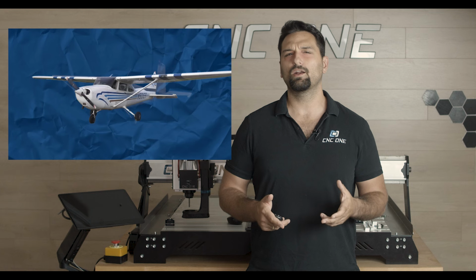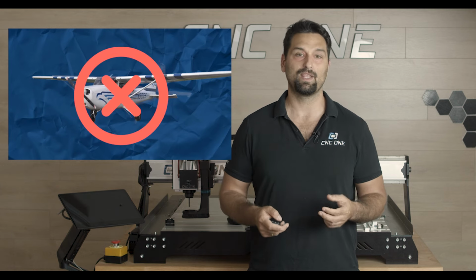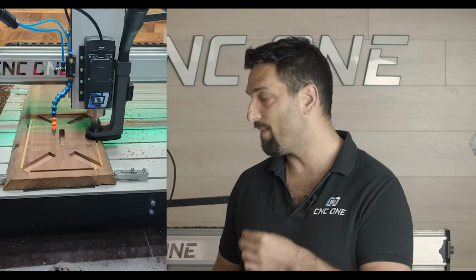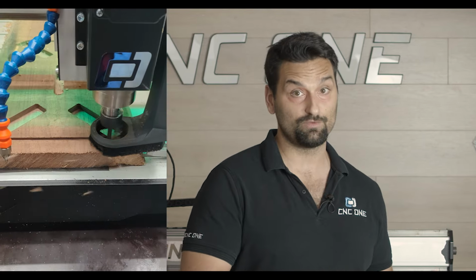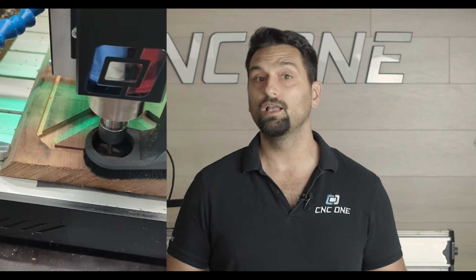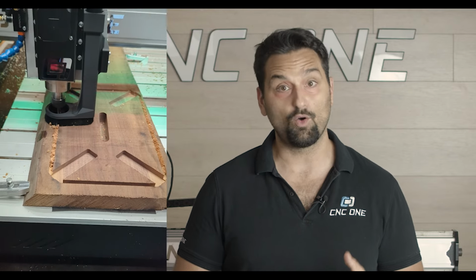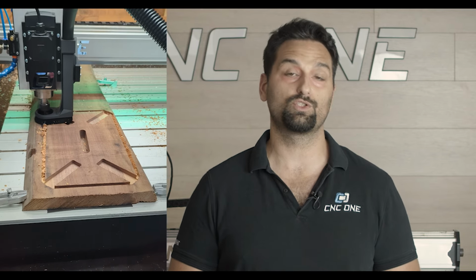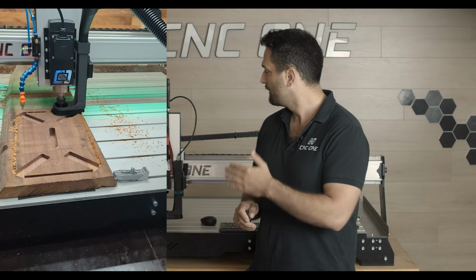Think of it like an airplane. Owning a great aircraft is one thing, but without a pilot's license, you cannot fly the airplane. Similarly, the CNC ONE MAX is a very powerful machine, but without the design knowledge from our Academy, you won't be able to fully explore its potential. Our Academy gives you the skills you need to fly. This is our guarantee. We will give you the support to max out the true capabilities hidden in this treasure